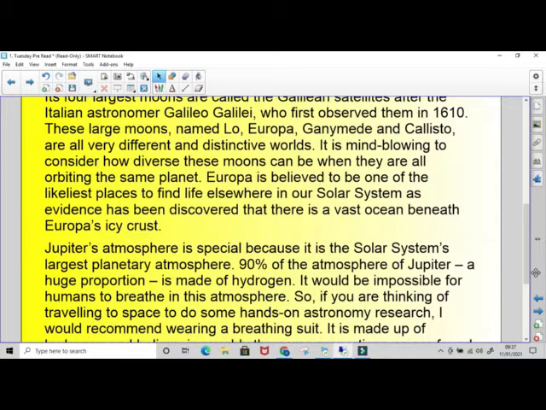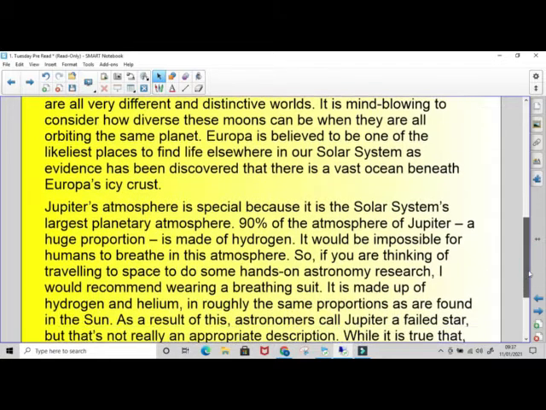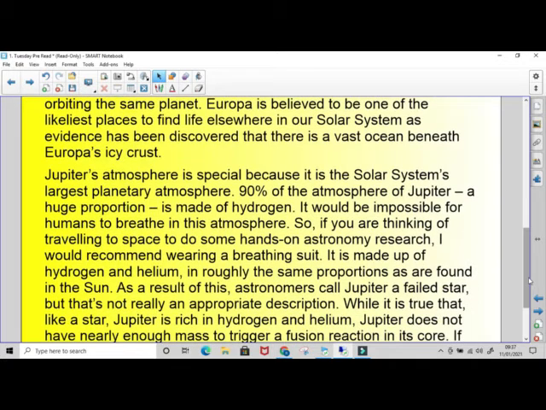90% of the atmosphere of Jupiter, a huge proportion, is made of hydrogen. It would be impossible for humans to breathe in this atmosphere. So if you are thinking of traveling to space to do some hands-on astronomy research, I would recommend wearing a breathing suit. It is made up of hydrogen and helium in roughly the same proportions as are found in the